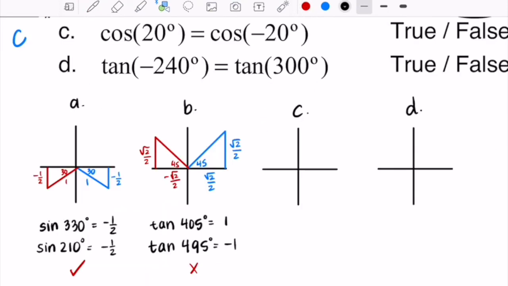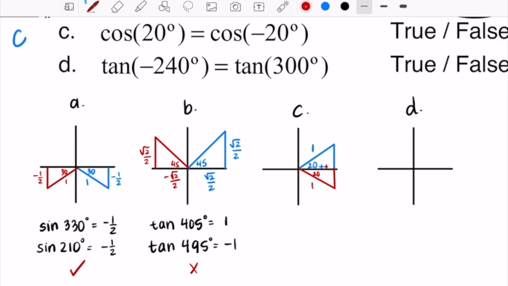Moving on to question C, the cosine of 20 degrees. Cosine would be adjacent over hypotenuse. So the hypotenuse is going to be positive 1. The adjacent side right here, just squeeze in a little plus sign because you know that it would be a positive number. The cosine of negative 20 degrees would be right here in quadrant 4. The reference angle would also be 20 degrees. Cosine is adjacent over hypotenuse. So again, the hypotenuse is 1, and then the adjacent side is going to be right there, still that positive